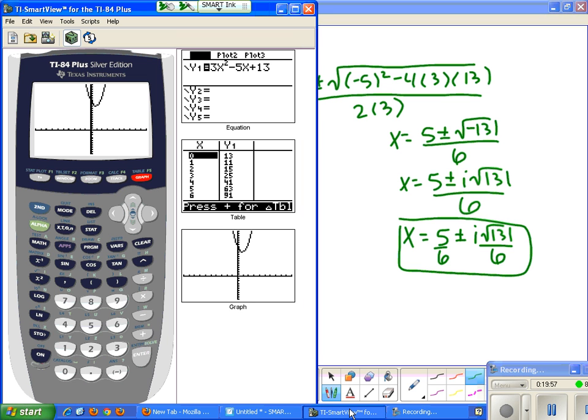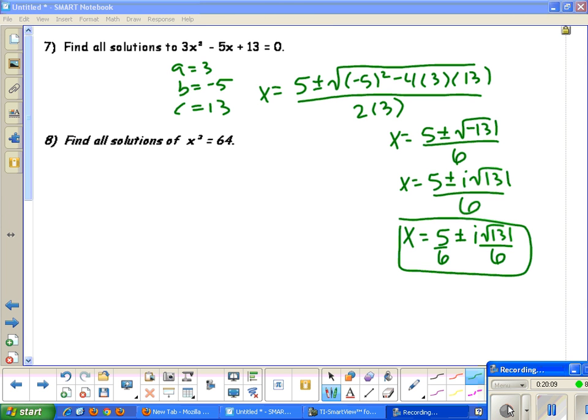If we look at the graph, I already put this in my graphing calculator, and notice that our graph right here does not cross the x-axis, which is why my solutions are imaginary. So then we want to do the same thing for number 8,